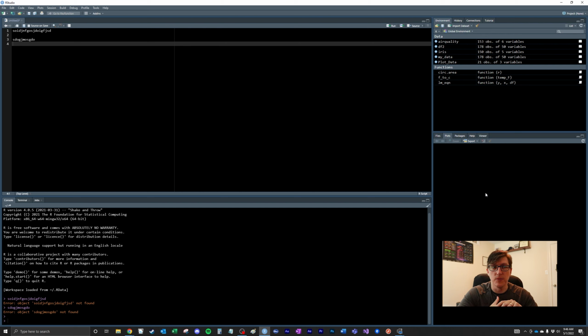RStudio is a fully built out code. It can do much of what a lot of the other code structures can do, but it's functional programming. It's not object oriented. It's very different, but it's very good in terms of analysis, especially for us as real estate appraisers. So I highly recommend, if you haven't started using RStudio, or maybe you took George Dale's class at